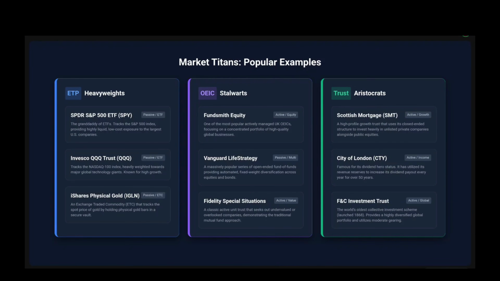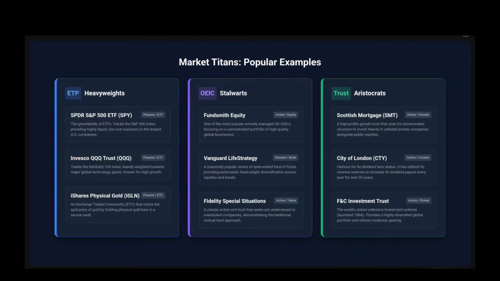Then if we look at OEIC stalwarts, some of these names will probably not be familiar to a lot of you. Some of you may be aware of them. So if we look at Fundsmith Equity, one of the most popular actively managed UK OEICs, focused on a concentrated portfolio of high quality global businesses. We then have Vanguard's LifeStrategy, which is passive and multi-asset. So a massively popular series of open-ended funds providing automated, fixed-weight diversification across equities and bonds. And we also then have Fidelity's Special Situations, a classic active unit trust that seeks out overlooked companies, demonstrating the